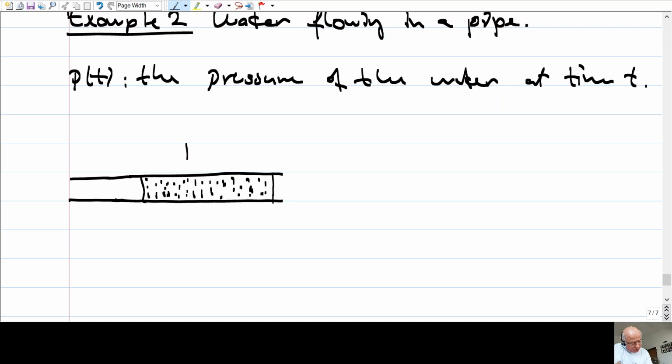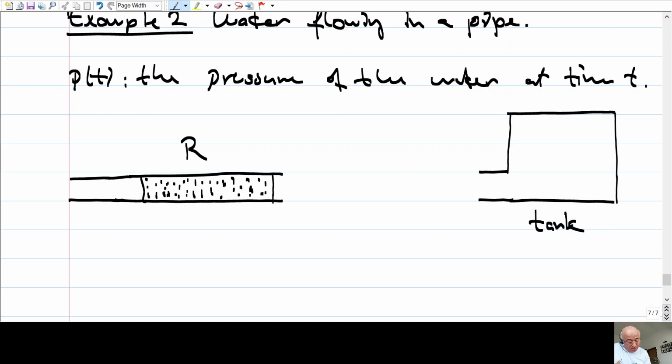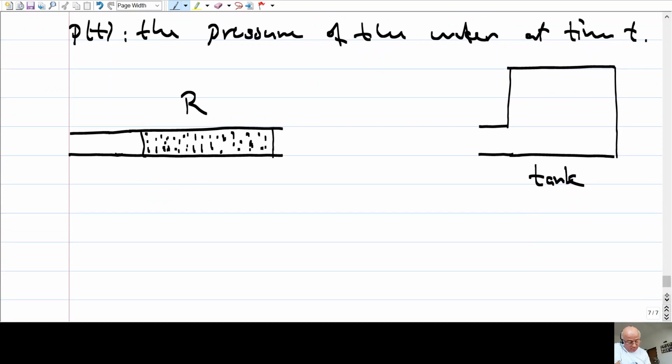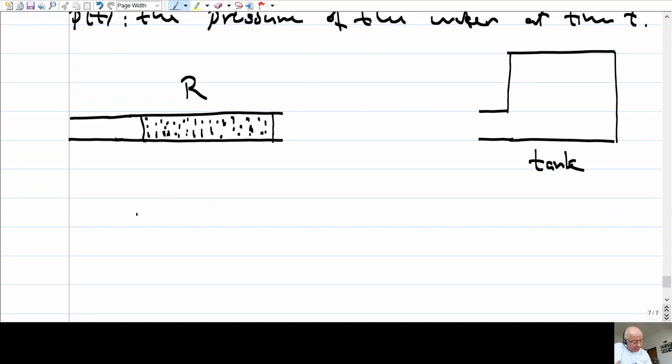Okay, so this is the resistor, and then here we will have a water tank. This will be, let's say, a cylindrical tank. Okay, cylindrical tank like this,